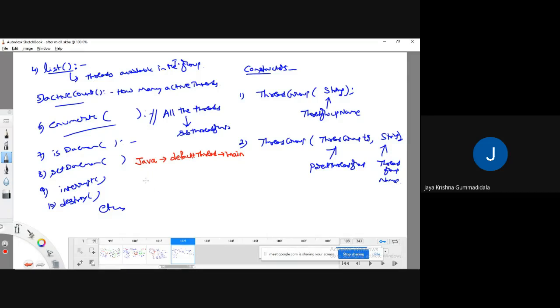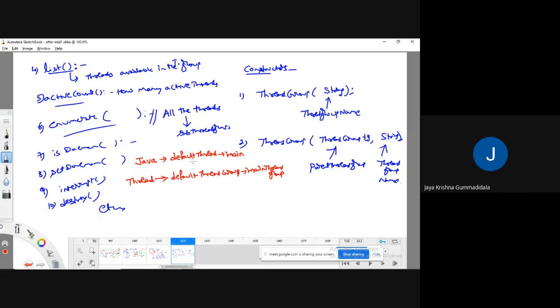Similarly, in Java, for every thread there is a default thread group. That thread group name is main thread group.